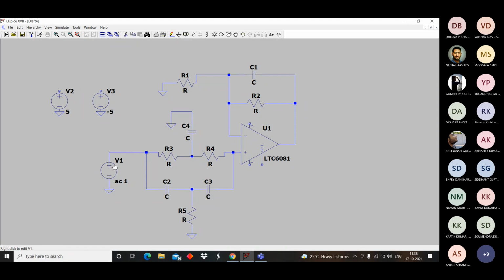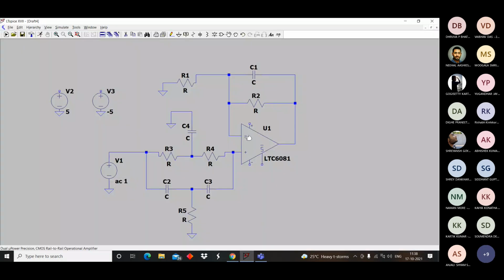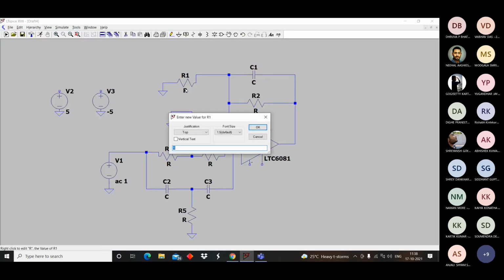This has been done. Now moving on to the resistor and capacitor values. We'll just refer to the data sheet. As we can see, it's 10K and 47P.